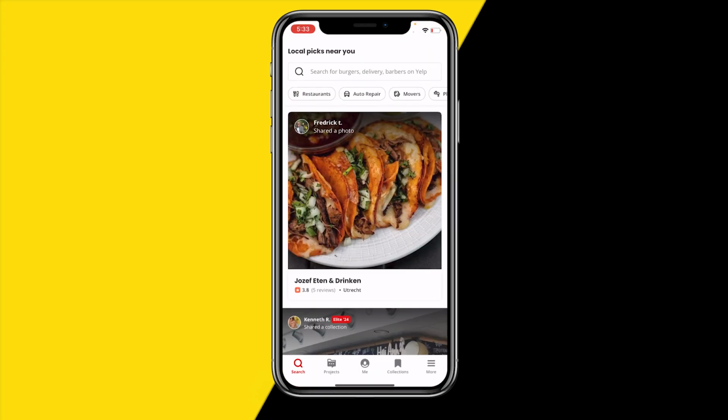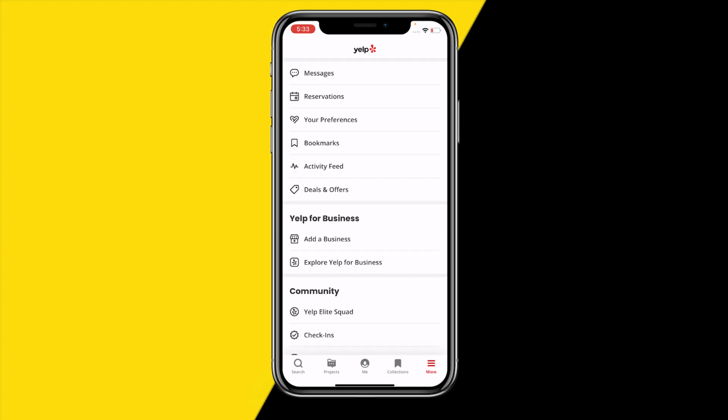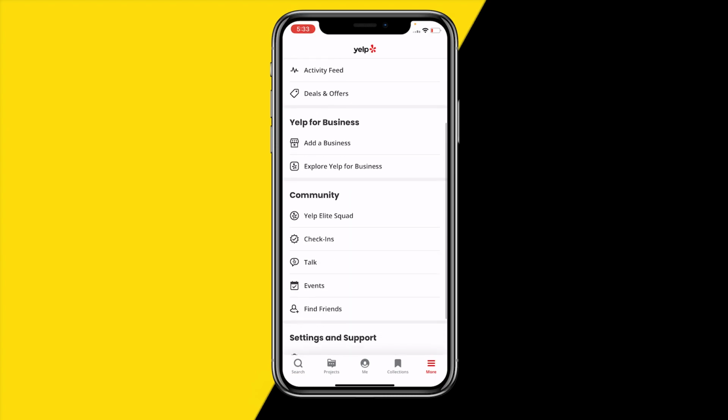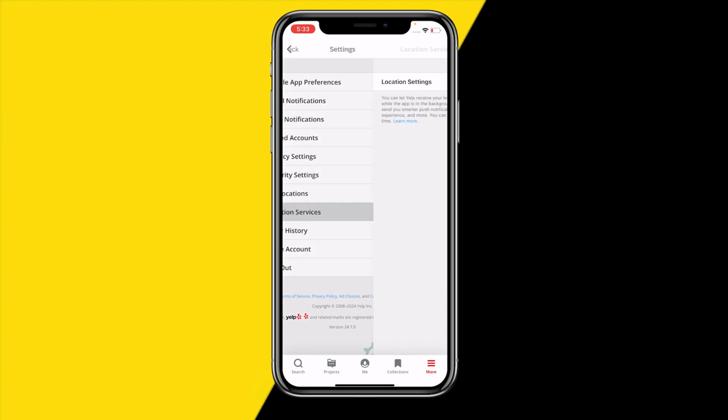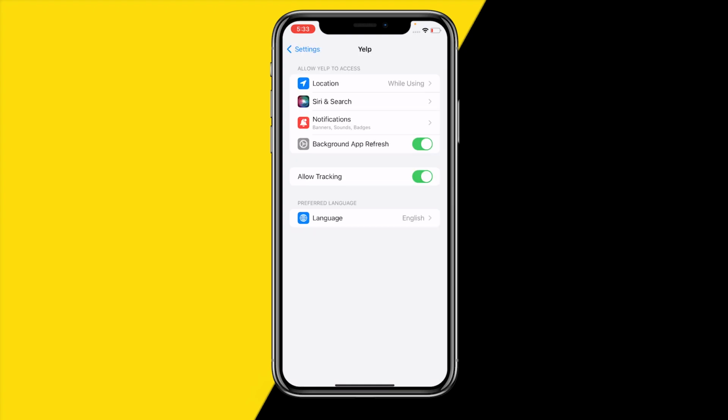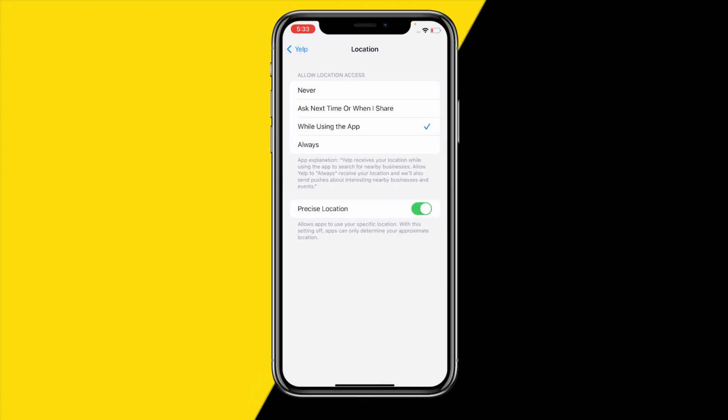Once you've done that, head over to the bottom right corner of your screen, tap More, then scroll a little bit down till you find Settings right here. Then click on Location Services and click on Location Settings right here. Once you're at this screen, click on Location, and all you need to do is make sure that location is set to always and make sure that precise location is enabled, and you should be